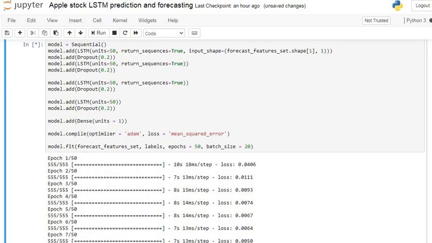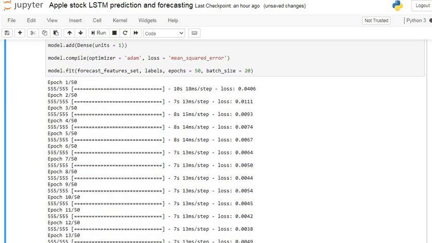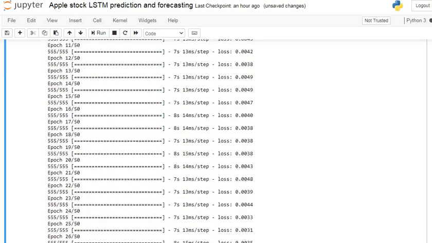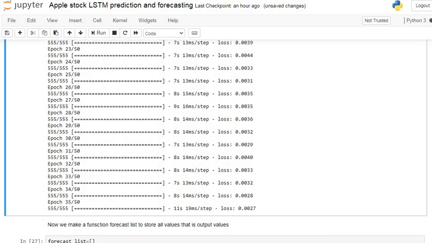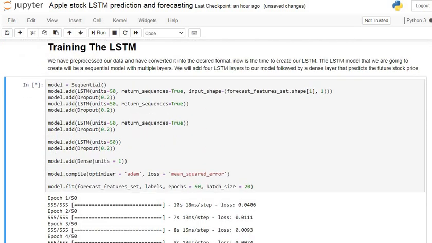Our LSTM model is still running, so we have to wait for some time. I think the 35th epoch is still running. Each epoch consists of some iterations, and each iteration consists of one batch. So we have to wait.